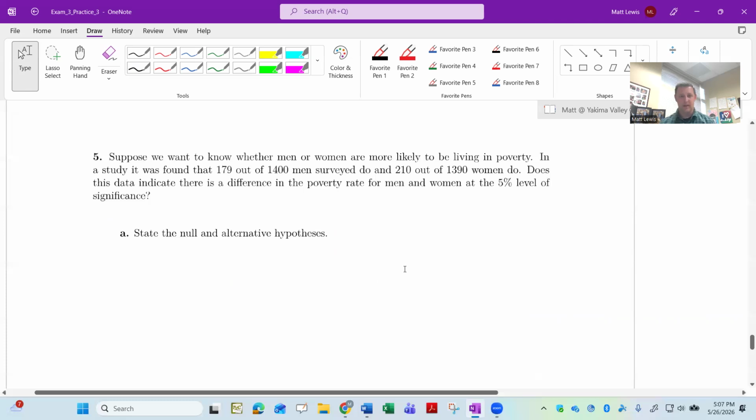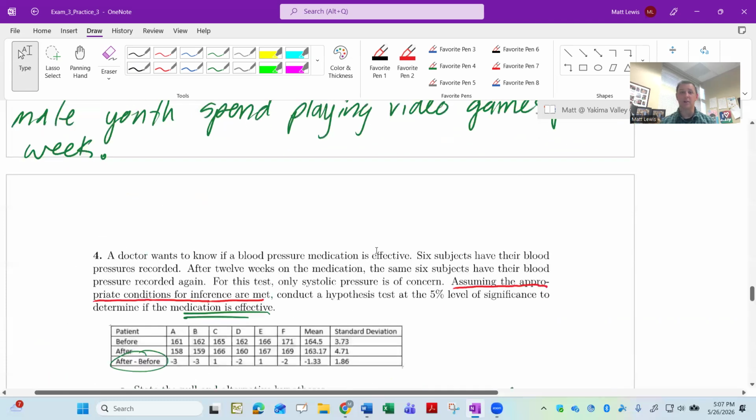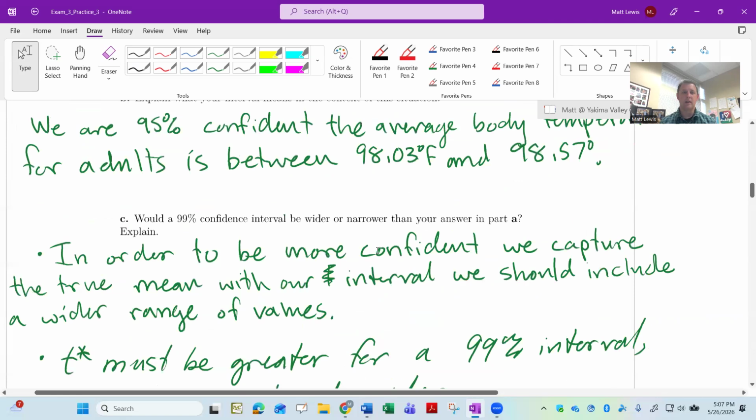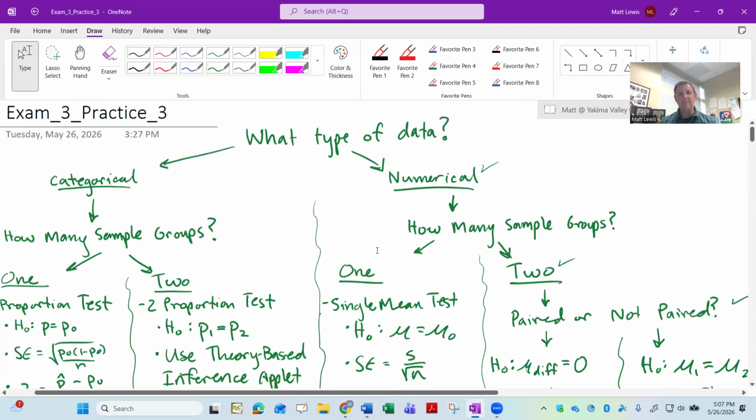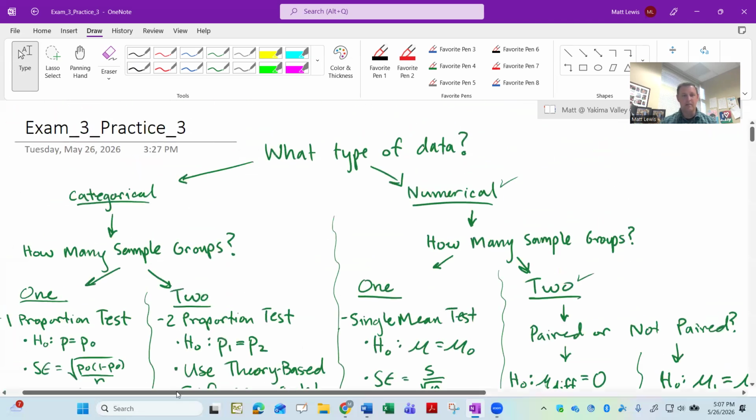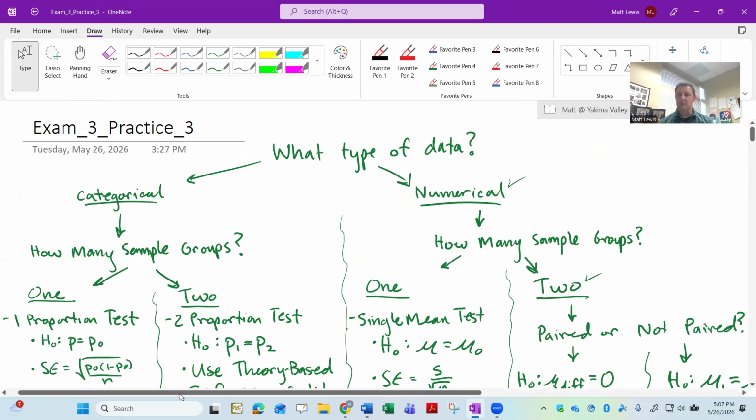All right, so again, back to our flow chart. You're not being given this flow chart once again, but if you go through this every time, you're just going to have it memorized. You're just going to know the questions to ask, and based on the answers to those questions, you're going to know what that means, if you just commit to doing this every time you do one of these practice problems for the exam.